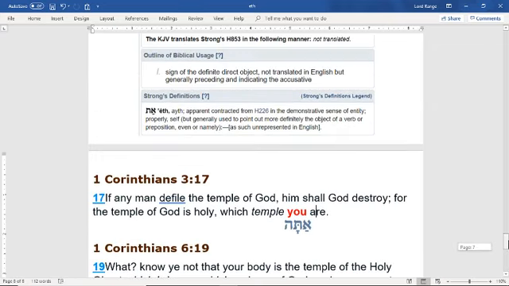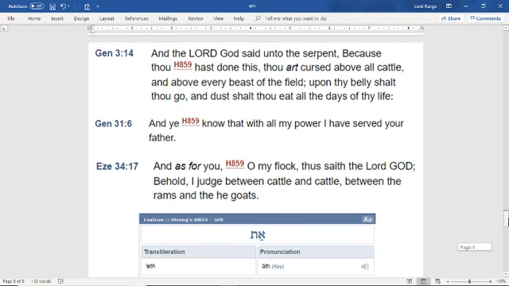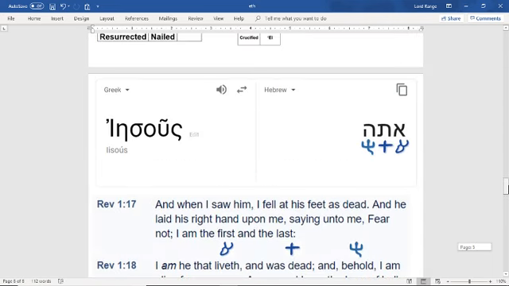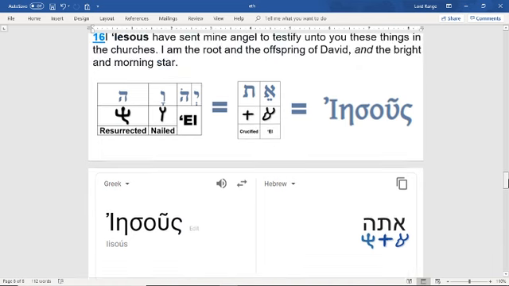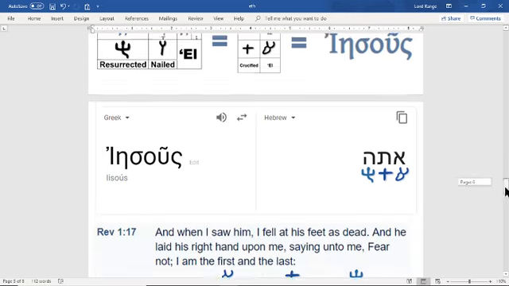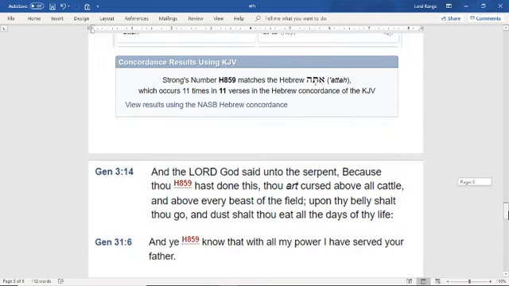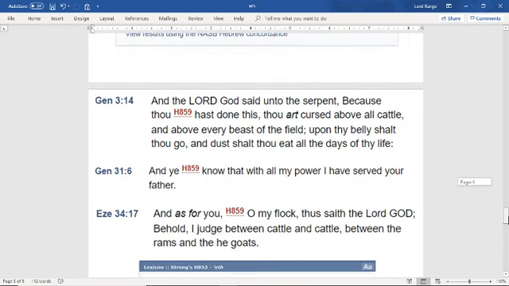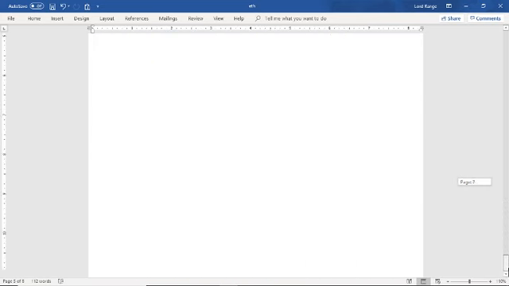And just in closing, I will mention it again. Christ's name is not Jesus. It is Jesus. Atah, eighth, Jehovah, all means the same thing. El, crucified and resurrected. He's the head of Elohim. He's the head of God the Father. And with that being said, this concludes this gospel.